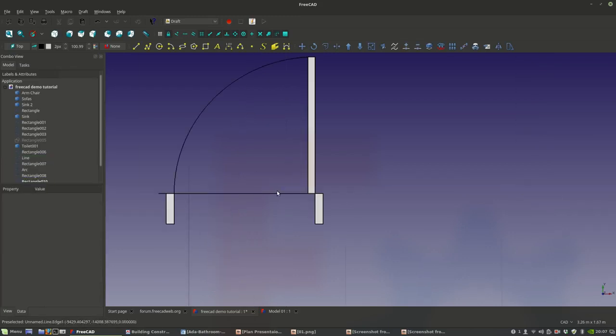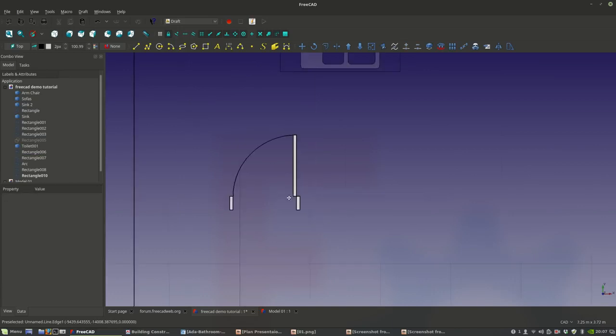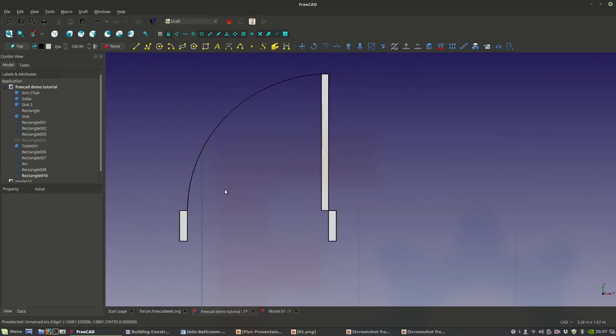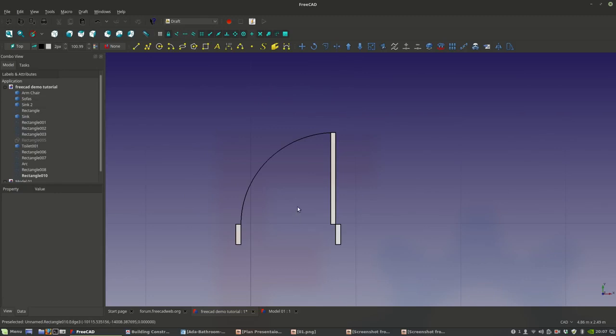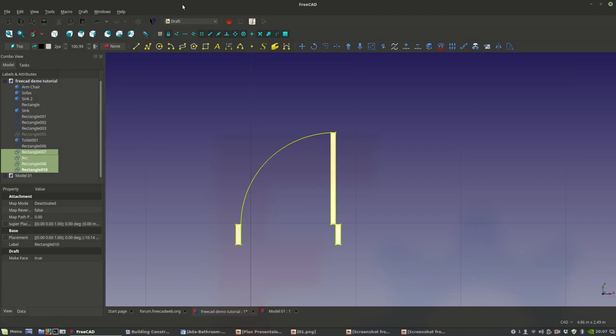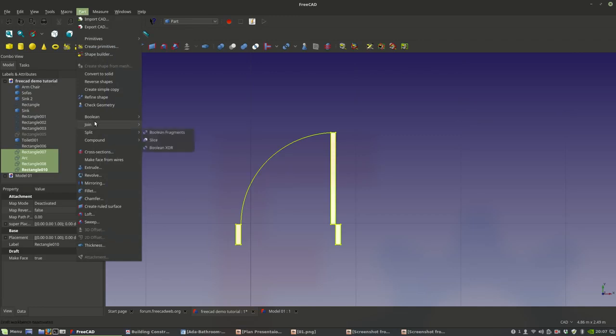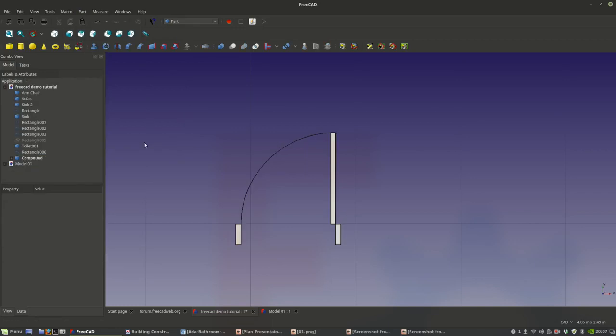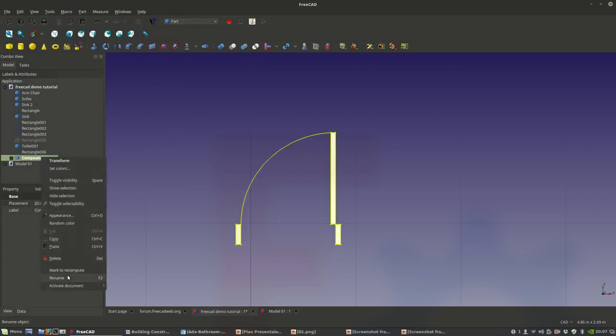Like that. So that's my door. That's everything that's going to allow me to control my door. So now I can select everything and then go to the part workbench and part, make compound. In this compound I'm going to call it door, rename, and I'm going to type door